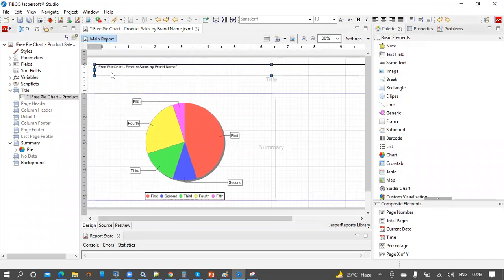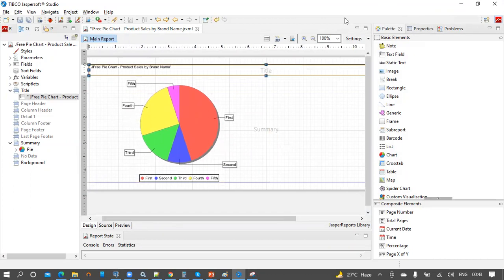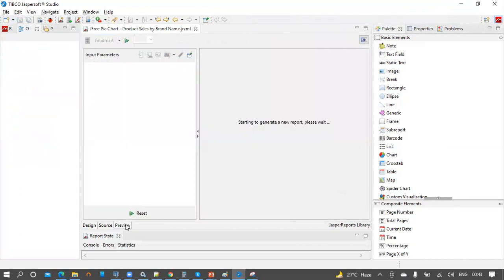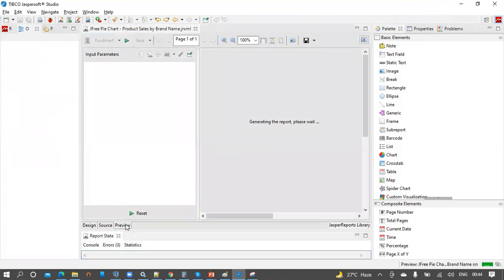Let us quickly format this title: increase the font size, set the vertical alignment, and then let's bold it. Now click on the preview button to view the chart output.